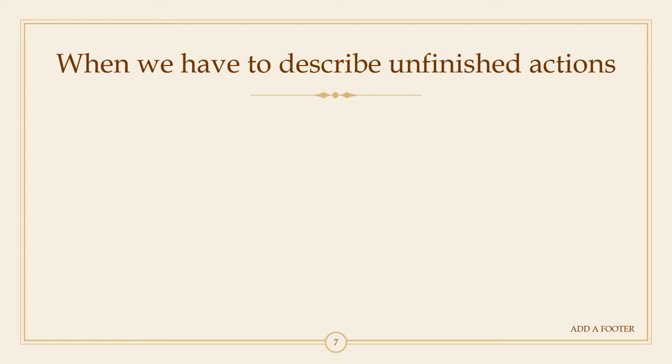Next practical approach we could have towards continuous tense is that we can use continuous tense to describe unfinished actions. And of course, this was part of the earlier definition we gave in the beginning of the e-content video we have just started. So unfinished actions are events that are in progress, events that have not ended, right? You could call it in whatever way, but the best word to use is unfinished. So let us look at some examples, and before that we might be using a few of these phrases. Look at the first example.